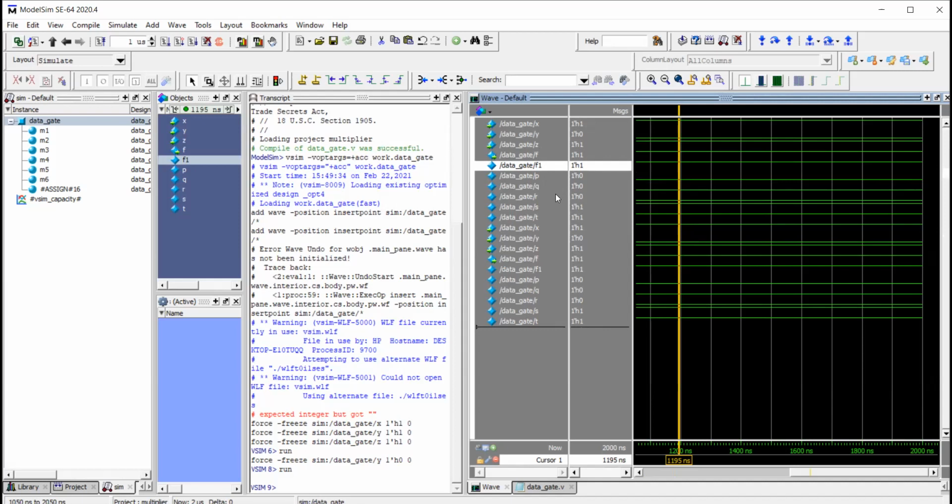So by this I will stop the lecture today. In the next module we will see how to write the test bench for the gate level and the data flow model. And next we will go through how to develop Verilog code for the different types of combinational models.